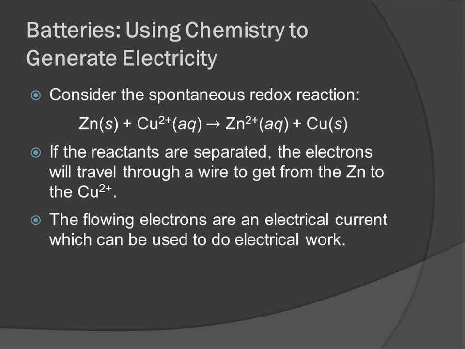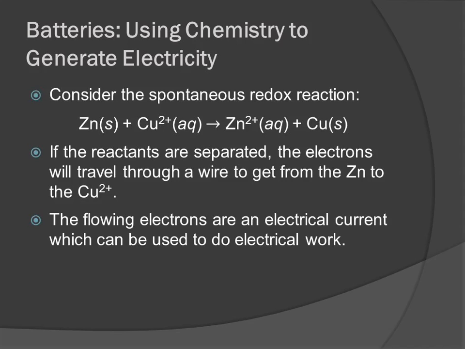Let's look at this reaction. We looked at this one earlier. Zinc metal reacting with copper ions to form zinc ions and copper metal. If we look in the activity series, we see that zinc is more active than copper, and so this is a spontaneous reaction. If we separate these 2 reactants